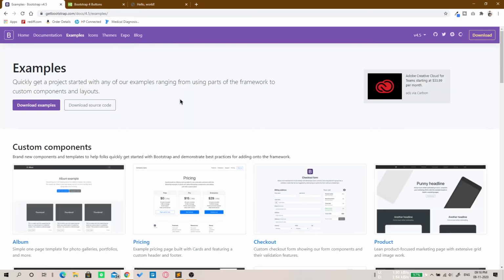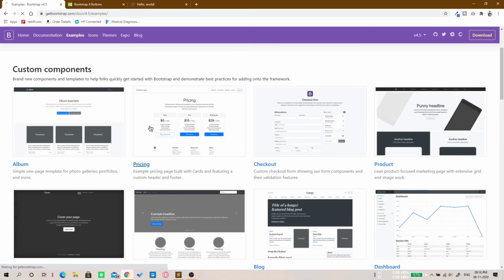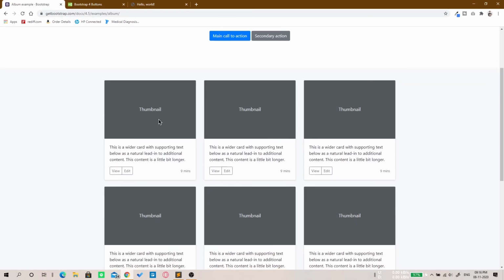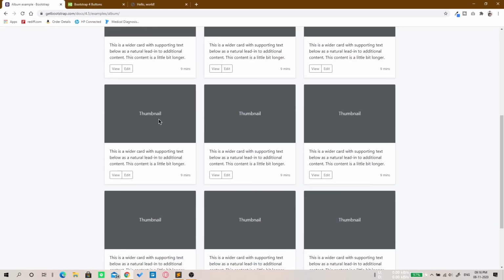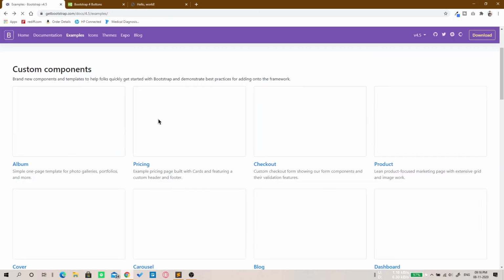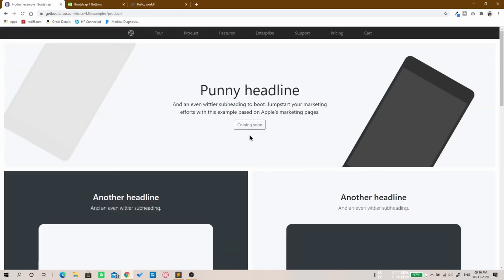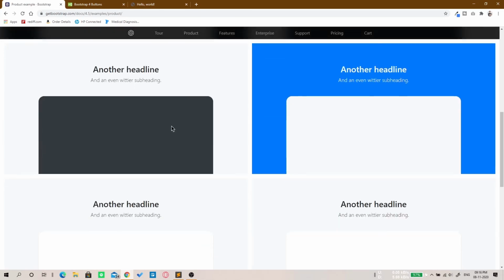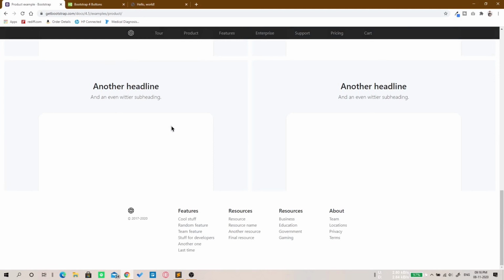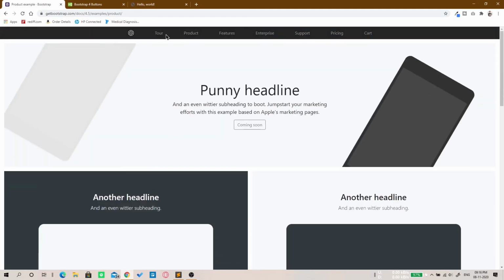So here are a few examples with Bootstrap. You can see this type of website. It is made purely on Bootstrap. So you can also make this type of website. You will see this on mobile phone websites and electronics websites. You can also get this type of vibe in apple.com. So yeah, this type of website you can make directly with